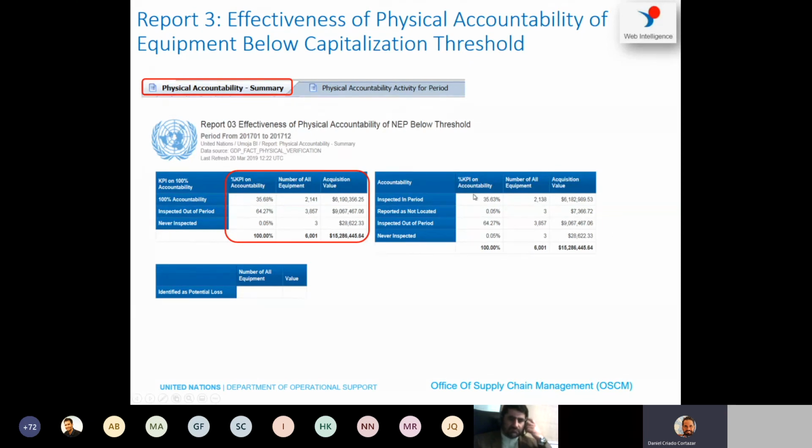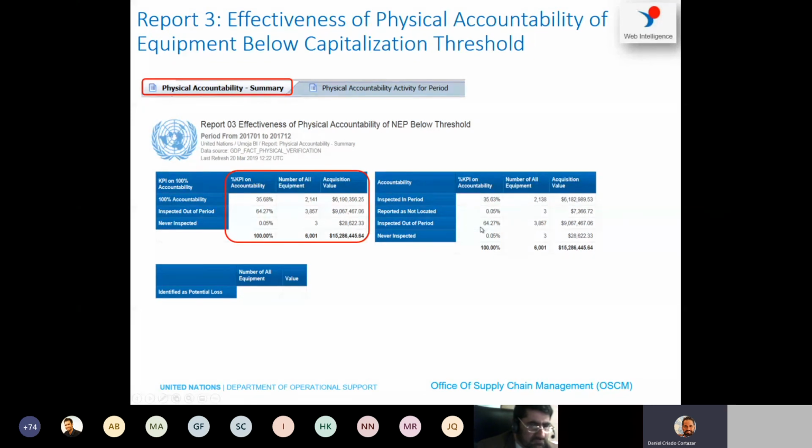So of the pieces of equipment inspected, only 3 out of those 2,141 were reported as not located, representing $7,000. The rest were, let's say, accounted for, but we have plenty of them that were not inspected in the period